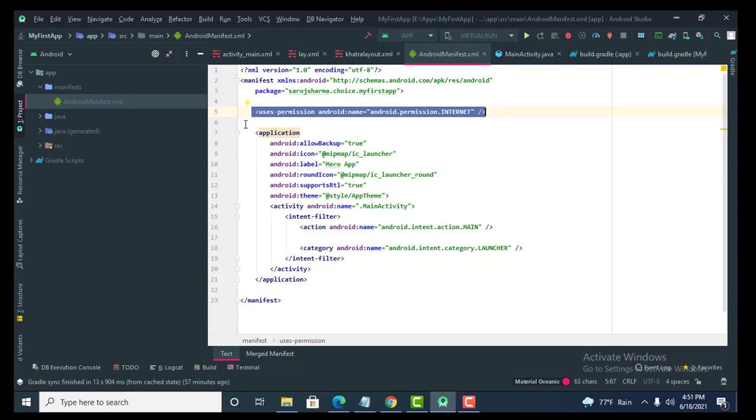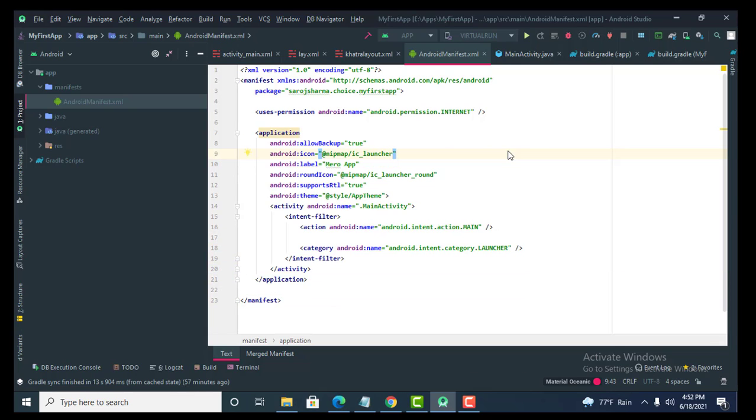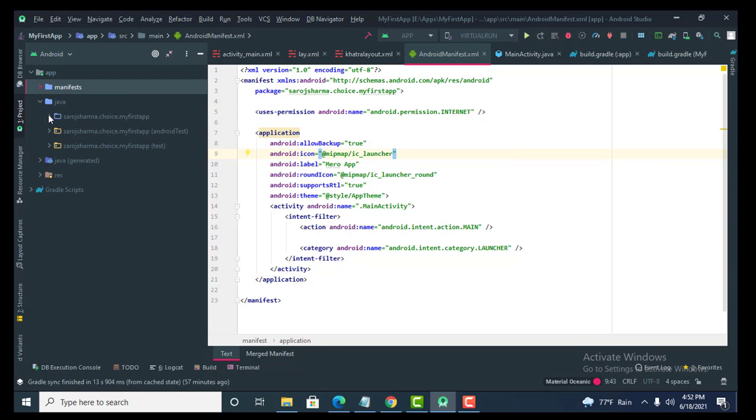So for everything, at first we need a permission. These are written above the application because until and unless we are permitted, we cannot use the application. It's better to remember it that way. Now let's go to our folder number 2, and this is the Java folder, and this is where we create our